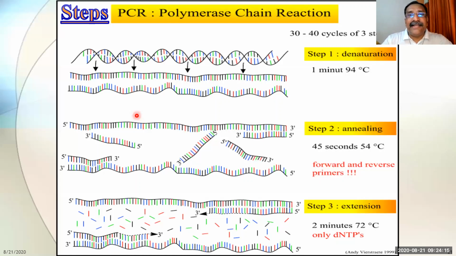Now, what is denaturation? On the left side of denaturation, you are observing a DNA segment over there. This is known as the DNA segment. You just imagine that this is the gene which I want to multiply. Or imagine this is your certificate. You are going to take a xerox of this certificate. So this is the gene which you want to multiply, or which you want to make copies of.